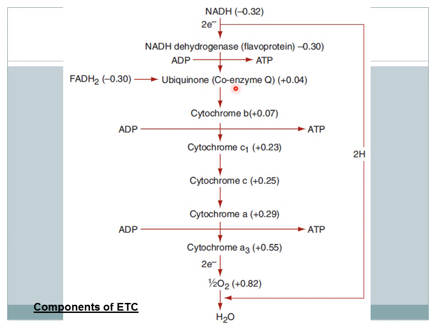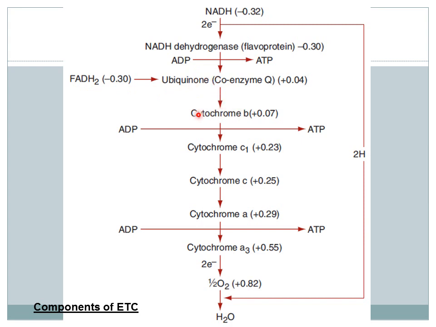Now you can see here at ubiquinone, FADH2 also gives its electrons and the hydrogens are released. So FADH2 gives electrons directly to ubiquinone. Therefore, there is a loss of 1 ATP production here. So from wherever electrons are coming to ubiquinone, either from NADH or FADH2, they are then transported to cytochrome